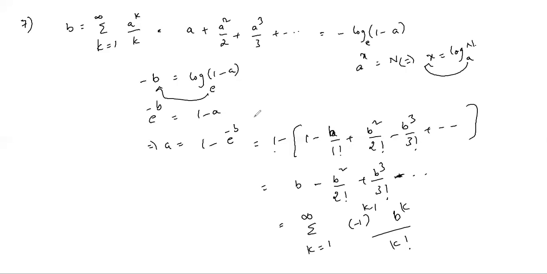Take a to this side and minus e power minus b to the other side. And the e power minus x expansion, last class I gave: 1 minus x by 1 factorial plus x square by 2 factorial minus x cube by 3 factorial and so on. So in place of x we have b. 1 will cancel, minus 1 minus plus. And this expansion you have to write as minus 1 whole power k minus 1, because for even terms we are getting minus. So you have to write k minus 1 or k plus 1: b square, b cube and so on, b power k, over 1 factorial, 2 factorial, 3 factorial and so on, k factorial. So the second option is the correct answer.